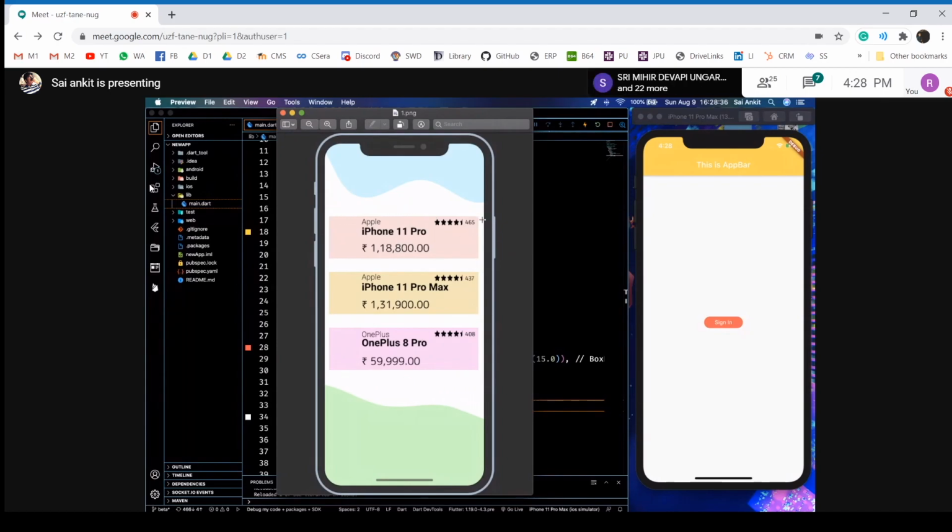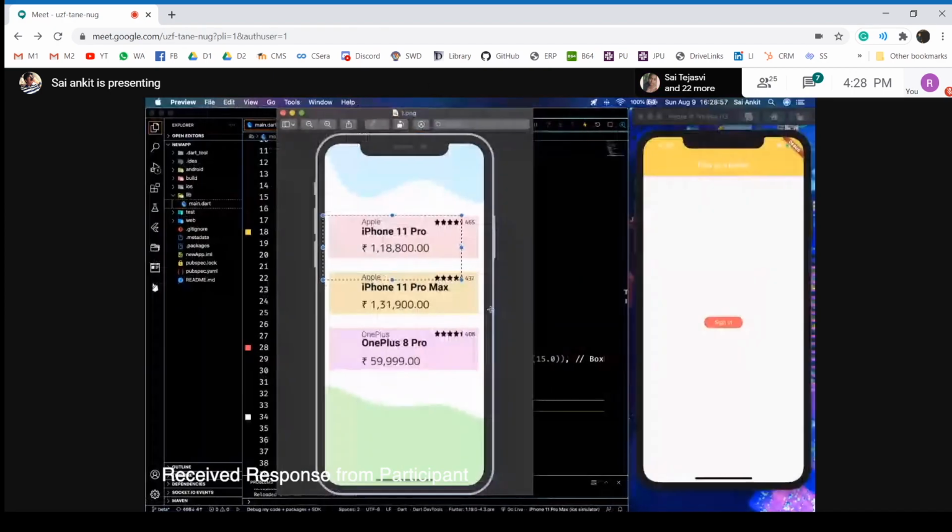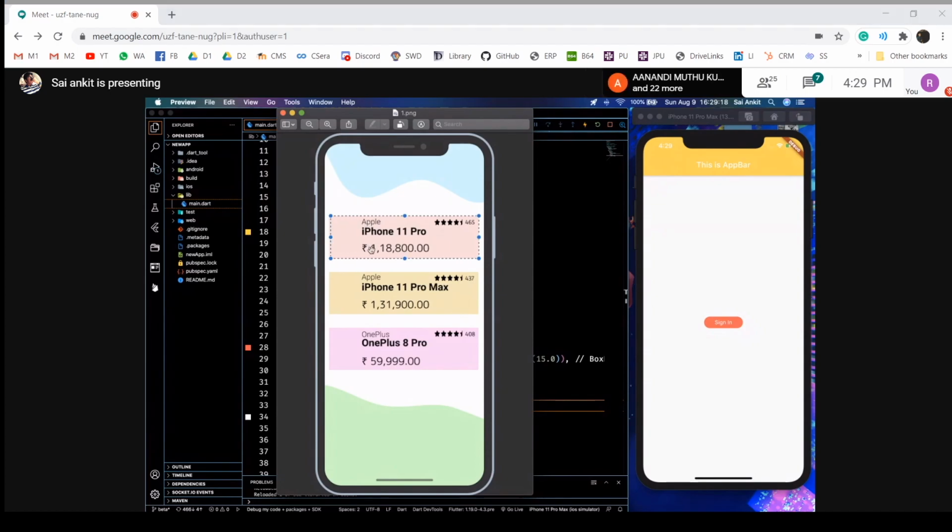Can anyone say what is this? What is this widget that is covering this whole stuff, the name of the widget, which is in this color, a box kind of thing? Yeah, so this is a container. First, let us brainstorm what all widgets are present in here. This is a container. In container, we have text widget. So how do you get these many widgets here, three widgets and four text widgets kind of thing here? This is again an icon widget. I'll come to that later. But first focus on these three text widgets with different styles. This is bold. This is kind of regular. This is light.